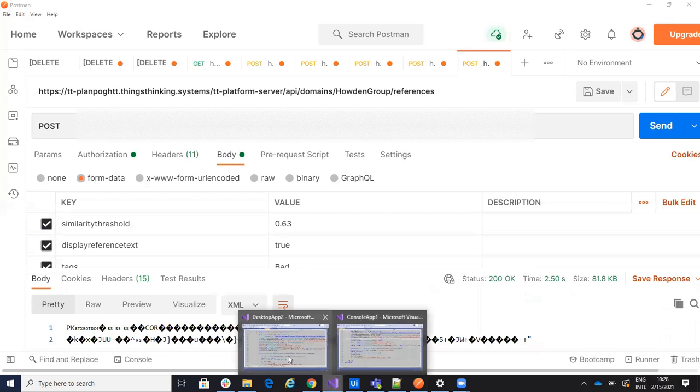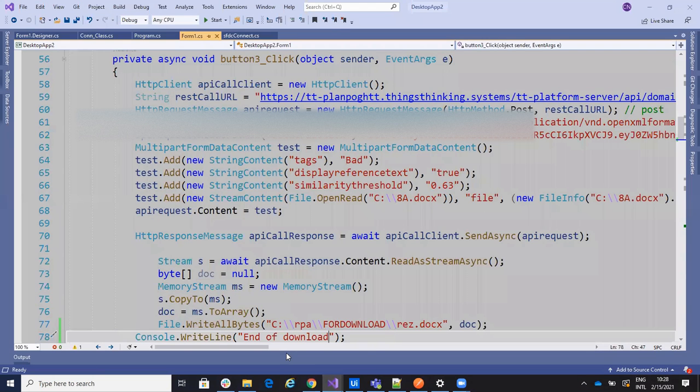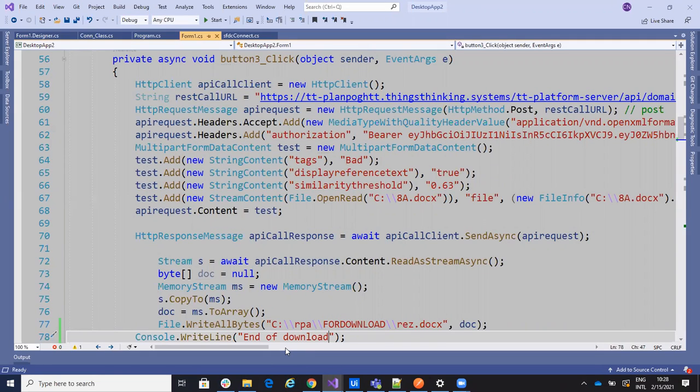Let's see how we'll do this in C#, because a lot of people are used to working with C#. We'll do it in C#, then also in VB, and then we'll copy it to UiPath Studio. So in C#, we'll use an HttpClient. We'll put the URL, then we'll make a post on that URL. We'll say in the headers that accept will be application/json, what you have. In the headers, I will put the authorization. I will write here authorization, and I will say bearer token. Or you can put basic. I will show you in the code.